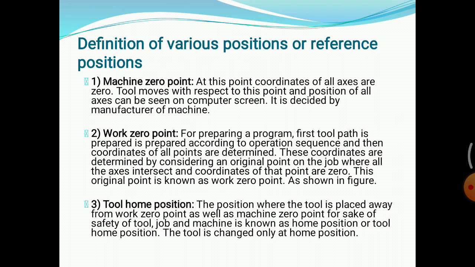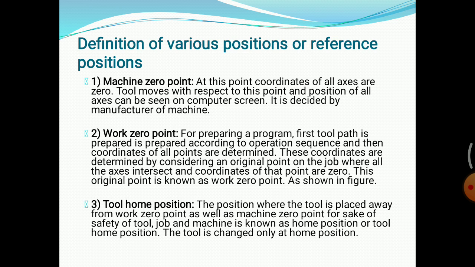The machine zero point is the point at which coordinates of all the axes are 0. The coordinates of all the axes will be 0 at the machine 0 point, and the cutting tool moves with respect to this point.